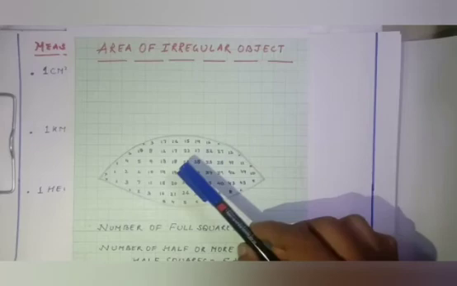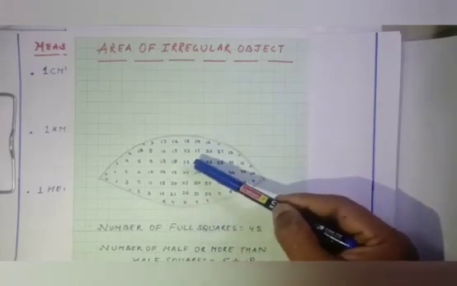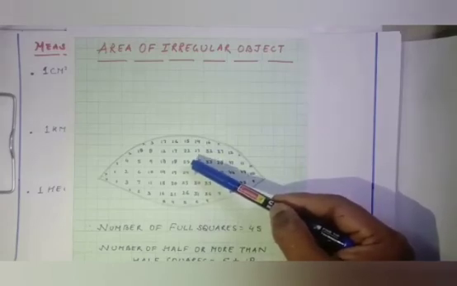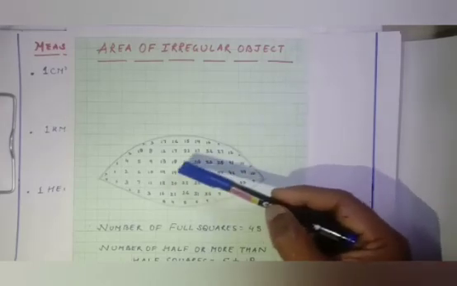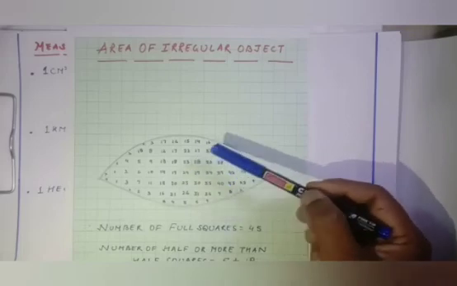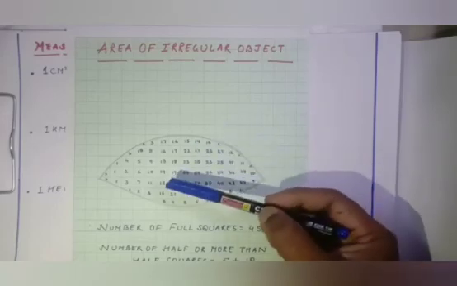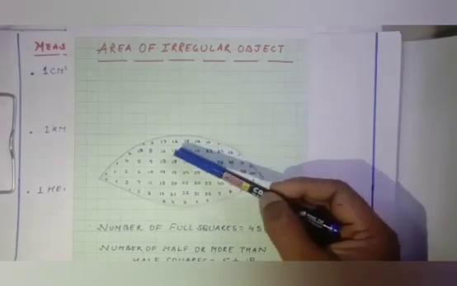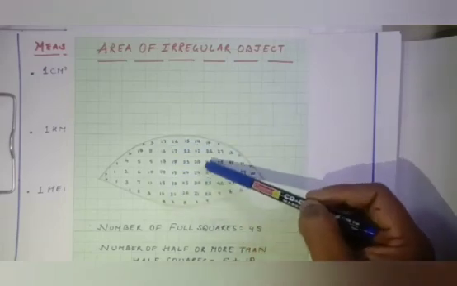As we observe, some squares are completely covered on the graph paper. Now mark and count the squares that are completely covered. Similarly, we are going to mark and count the number of squares that are half or more than half covered, and we are going to ignore the squares that are less than half covered. Over here I have written the numbers so that it is not complicated.